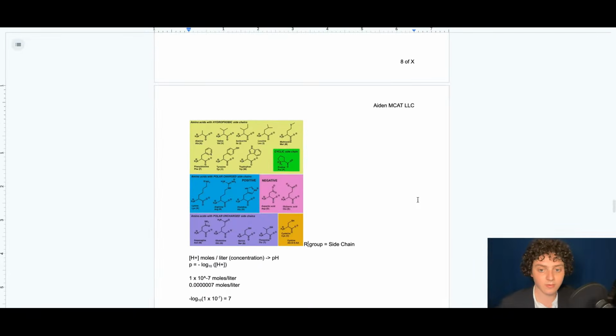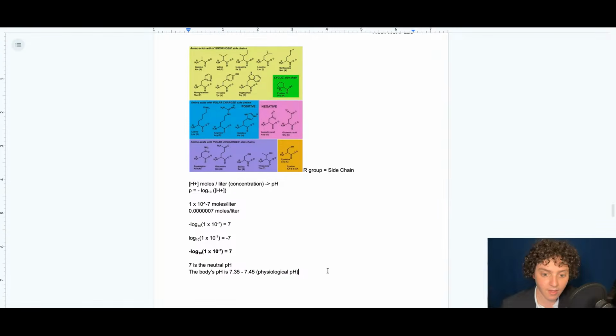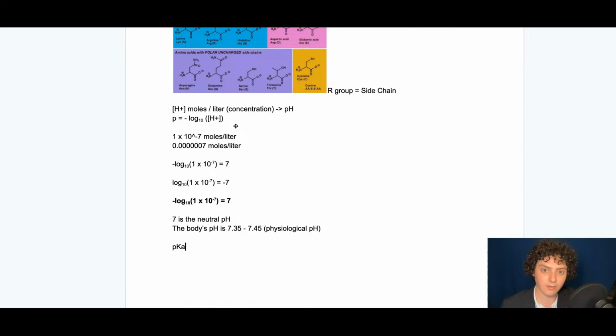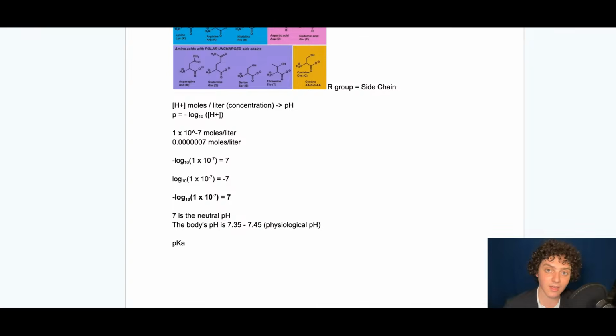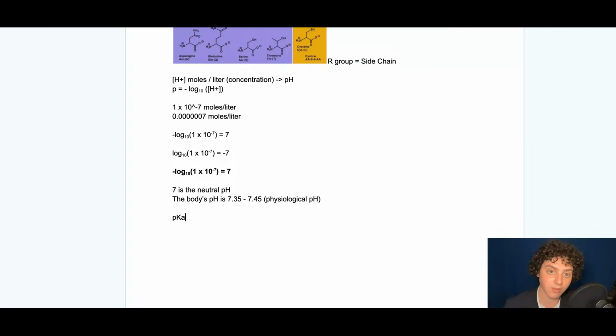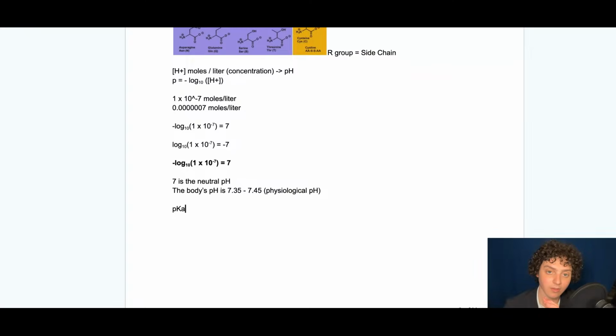Well, we have a number for that, and that is the pKa. So an acid-base reaction whereby a hydrogen atom is either donated or accepted is like any other chemical reaction in that it can be expressed as an equilibrium between the molecule with and the molecule without the hydrogen. And so the products are going to be the molecule without hydrogen, and the reactants are going to be the molecule with hydrogen and water, because this is all happening in water.